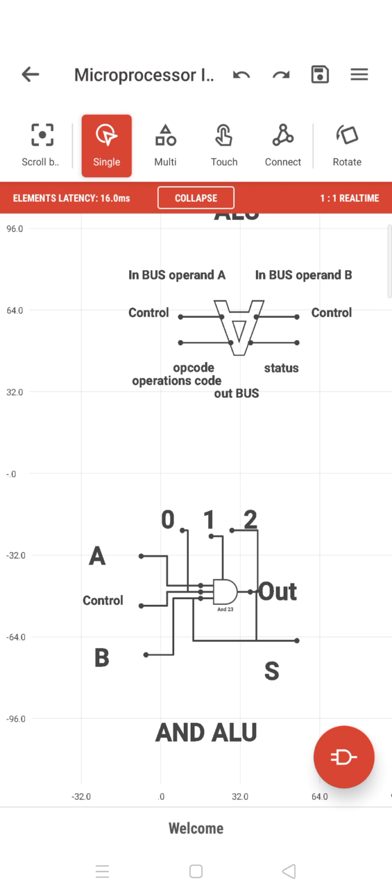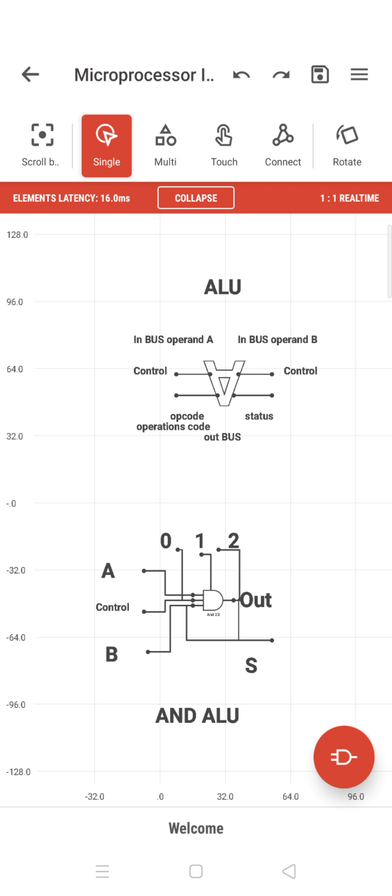Opcode is what kind of operation you want to do. You give the opcode, and you have the control signal. Control is where you control the whole thing and then give the output outside. Status is also given. So this is the basic operation of an arithmetic and logic unit. It is called an ALU.